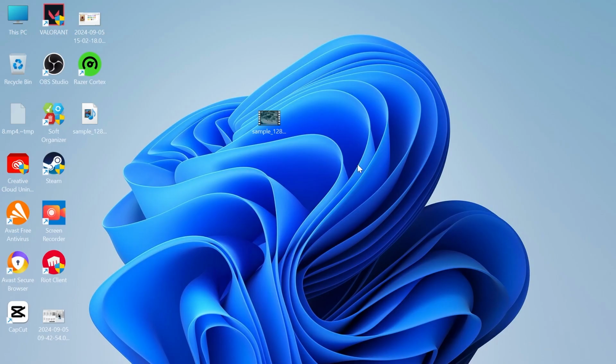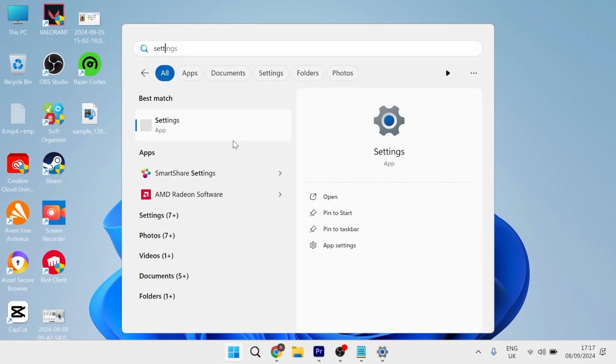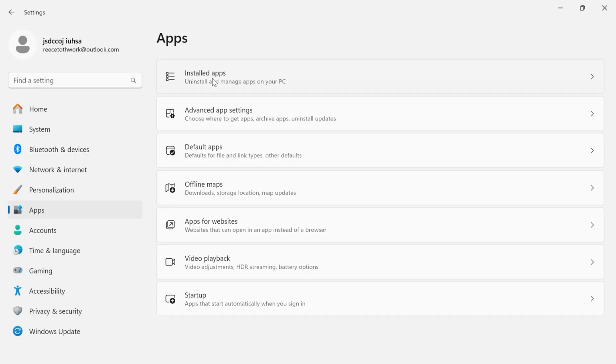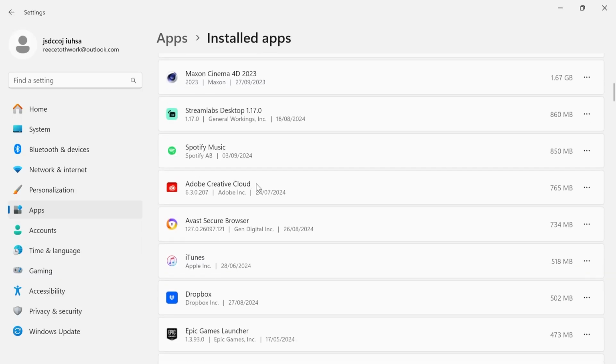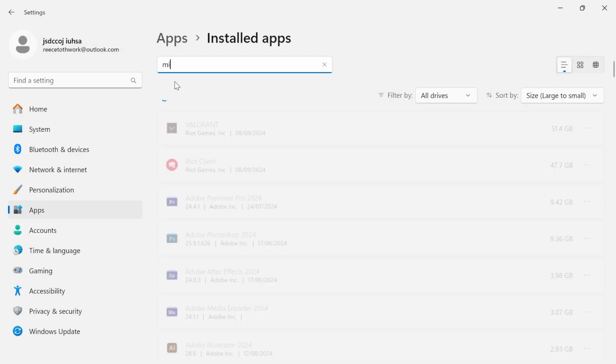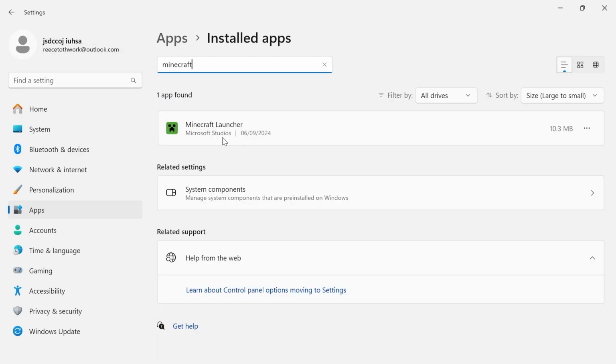Now if you've tried these two steps and that still hasn't fixed the issue, the next thing we can do is come back over to the start menu, search for settings and then click on the settings window. From the left hand side, come over to apps, click on installed apps, and then from this list of applications we just need to locate Minecraft. You can even use the search feature up here just to search for Minecraft,